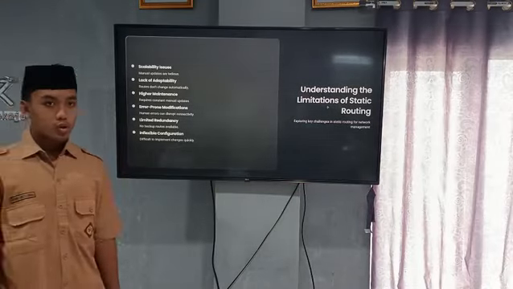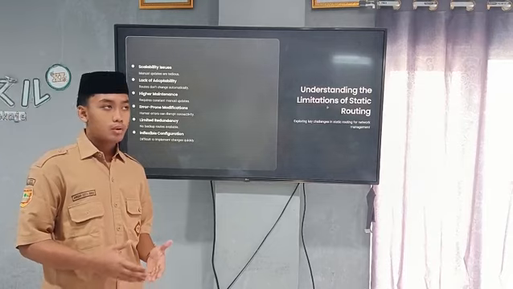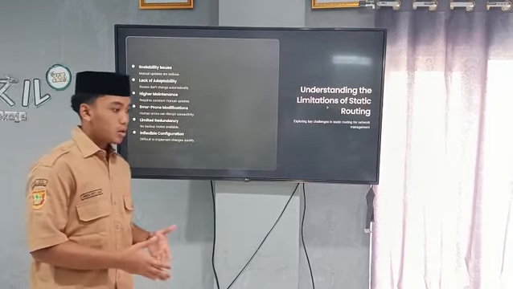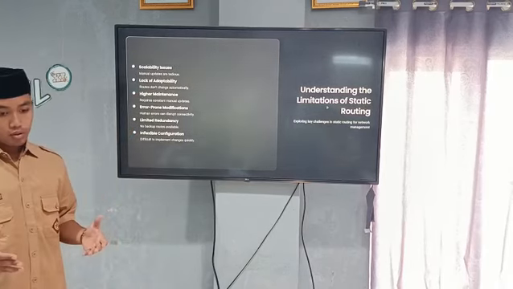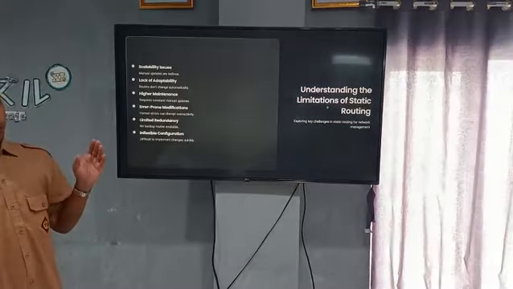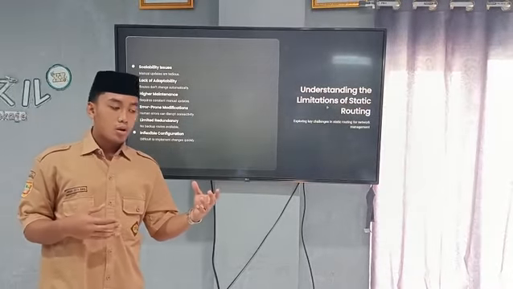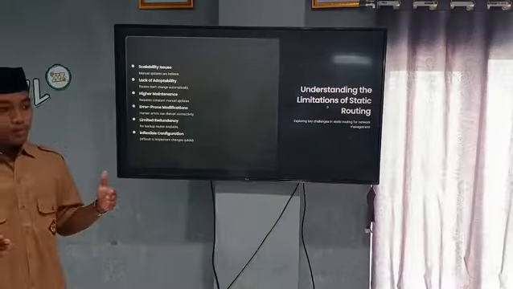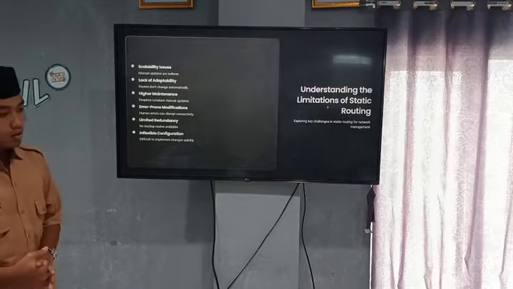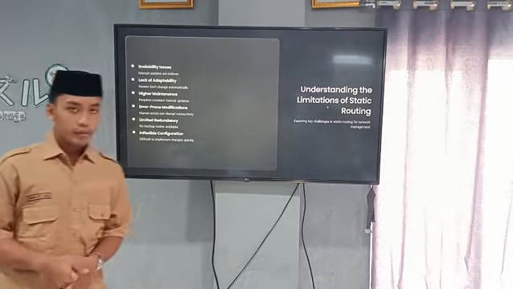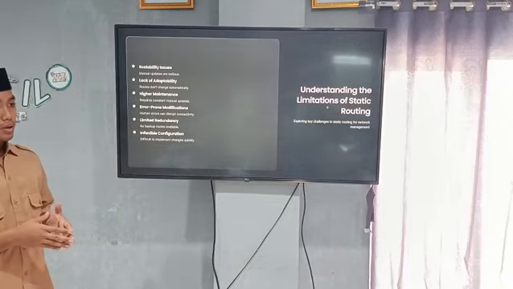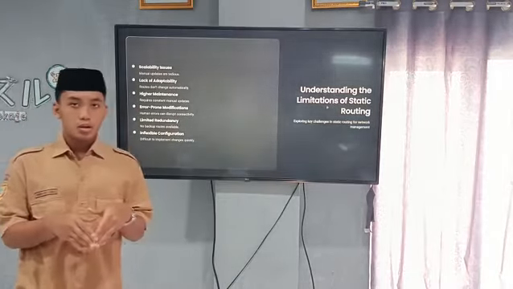So you need to do the configuration if we want to pass through router 3, and there is router 2 or router 4, router 5 into the main router or destination router. In a static route you can only configure one by one, whether the way is via router 2, router 3, or router 4.